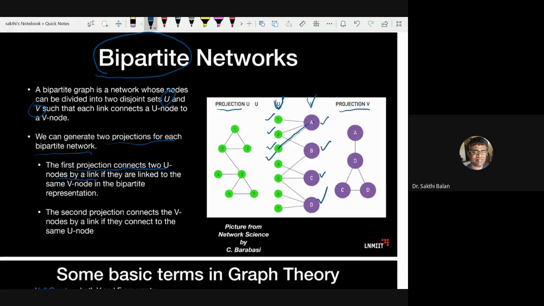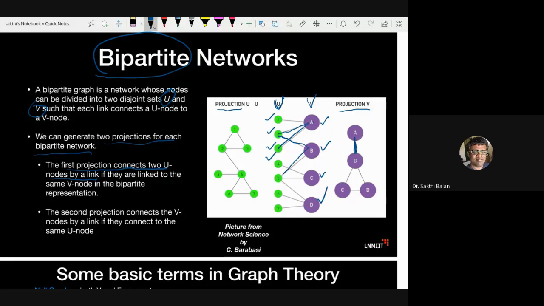Okay, no, not 3. So A is connected to 2 and B is also connected to 2, right? So if A and B are connected to a common node, then I will be having an edge. So that is called a projection of B. Okay, and likewise, B is connected to C because